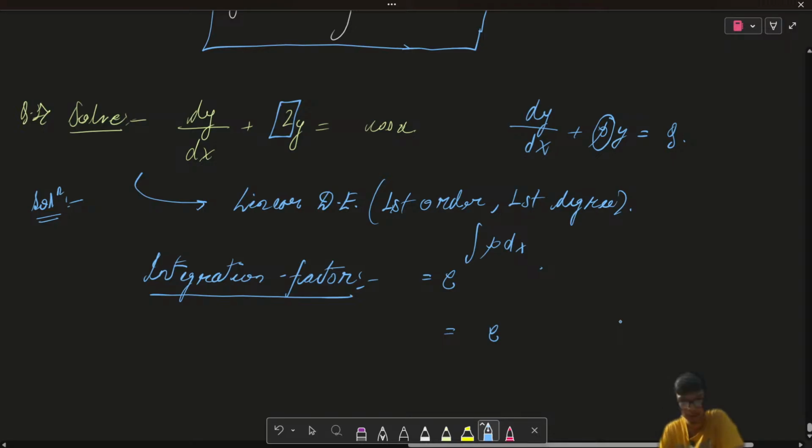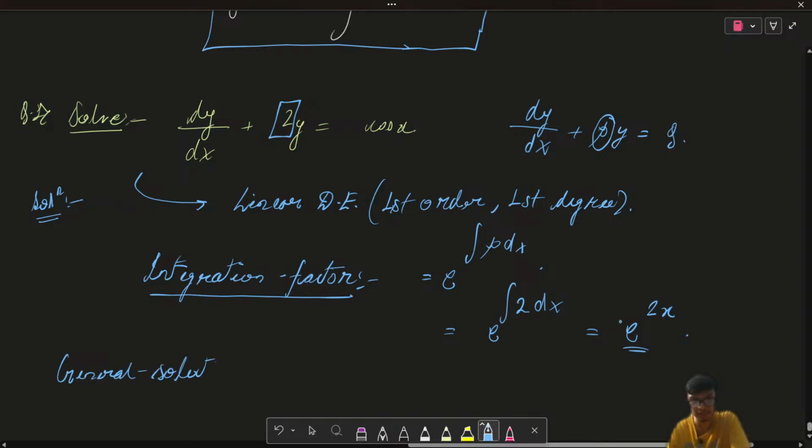that is 2. So that will be e to the power integration of 2 dx, and if I just integrate that, it is going to be e to the power 2x, right? Now we know the general solution, we have already seen the derivation in the previous steps. So the general solution is going to look like